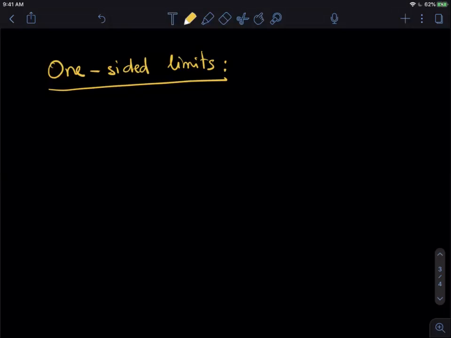A very important idea when dealing with limits is the notion of one-sided limits. So what are one-sided limits? Well, they are the limits from the left or from the right. The limit from the right, we write x tends to a plus of f of x. The limit of f of x when x tends to a from the right is equal to L